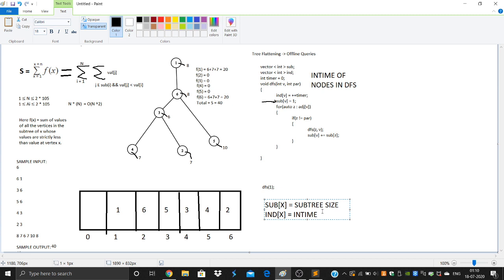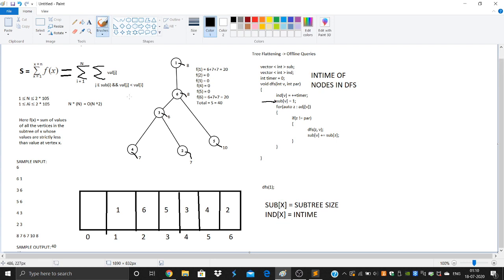So now comes the magical part. Suppose I'm at vertex 3 right now. What is the in time of vertex 3? The in time of vertex 3 is 4.